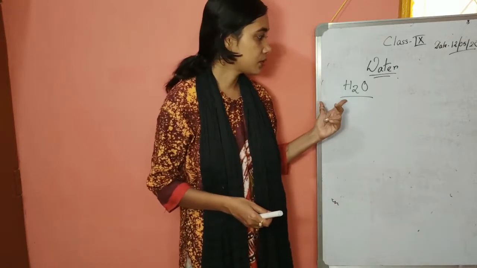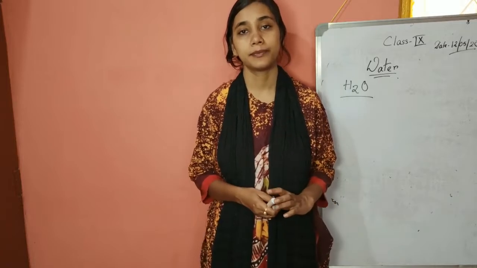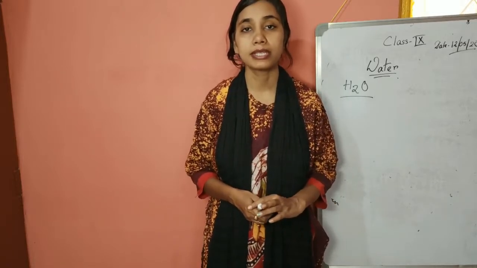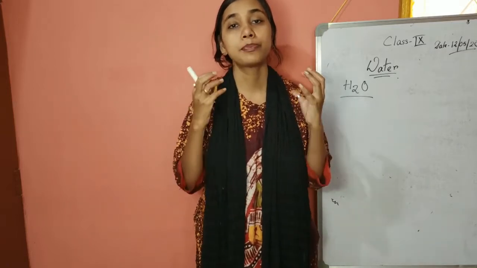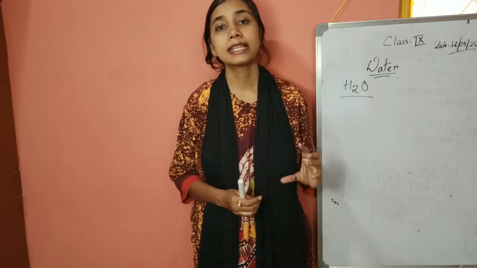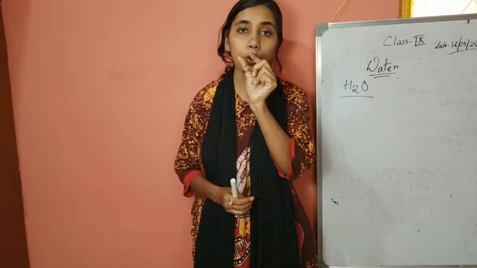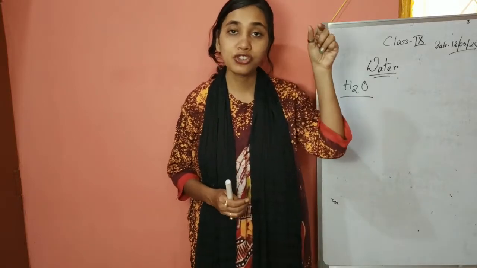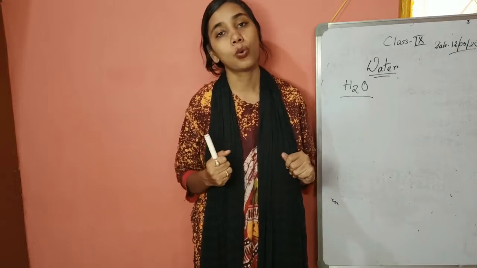So in this case, hydrogen and oxygen, both of them are showing non-metallic character. None of them is a strong metal. When there is a presence of metal and non-metal, then ionic bond takes place. But if there are non-metals, then there is a covalent bond. The word co means sharing. So when there is a sharing of electron, we get covalent bonds.